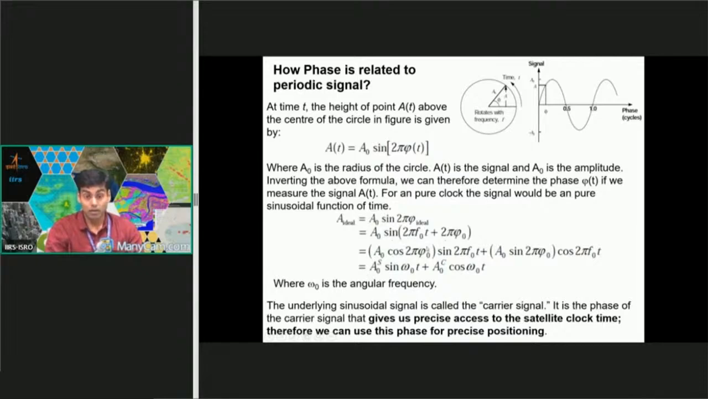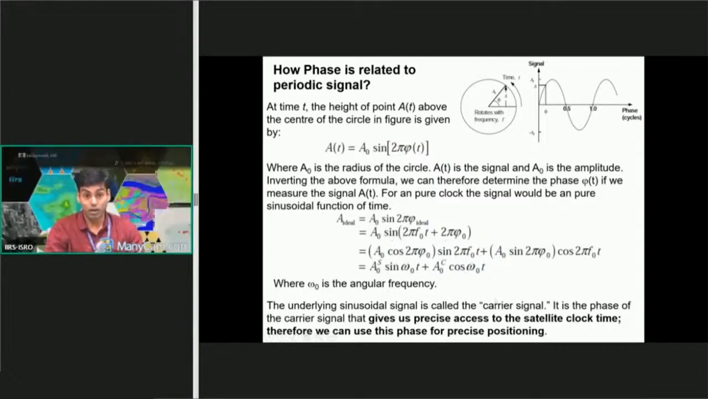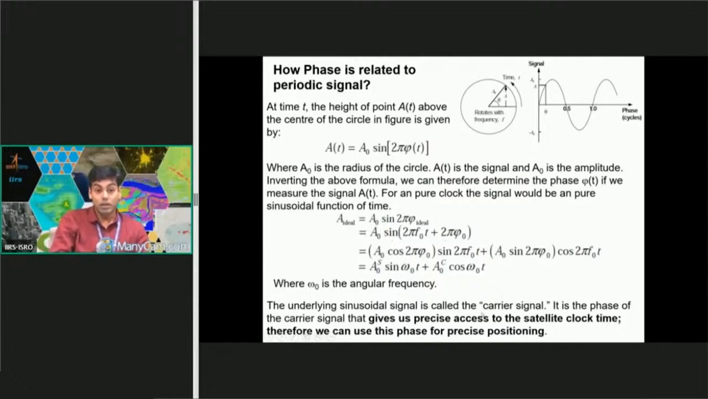And after expanding this, these are the constants, A naught S and A naught C. So finally we will get this, and this is called your carrier signal. So A ideal is equal to this formula, and this is called the carrier signal, where omega naught is the angular frequency. So this gives us precise access to the satellite clock time,